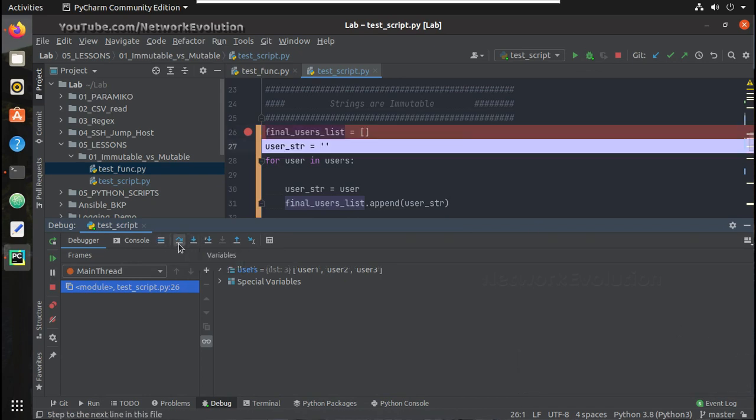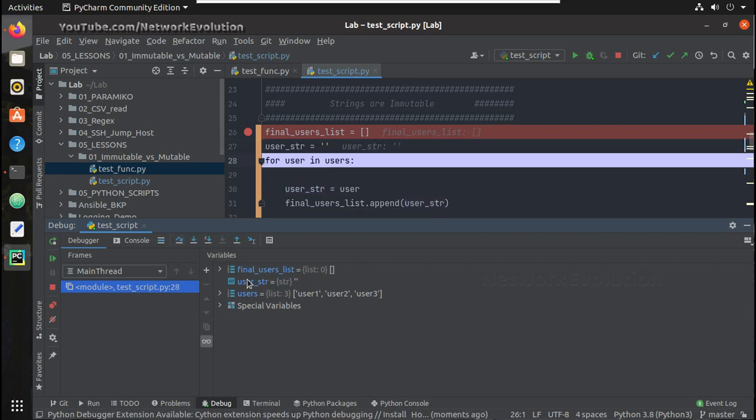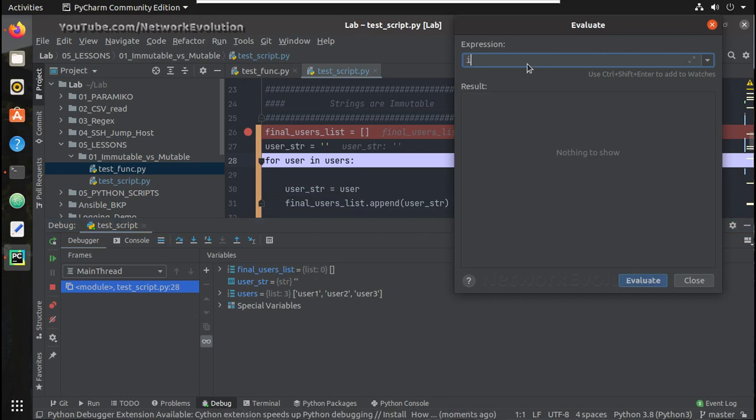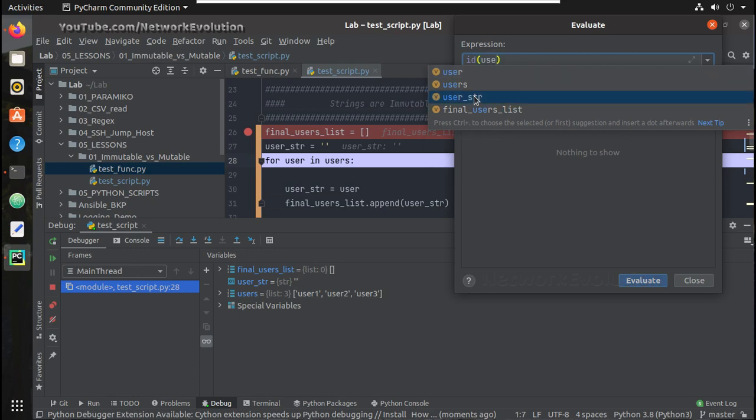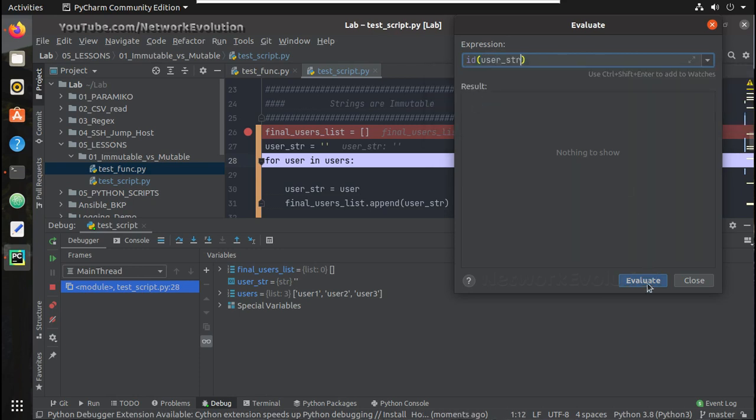So the users list, then final user list is empty, and user string is an empty value. ID of user string, and ID is now 3456.